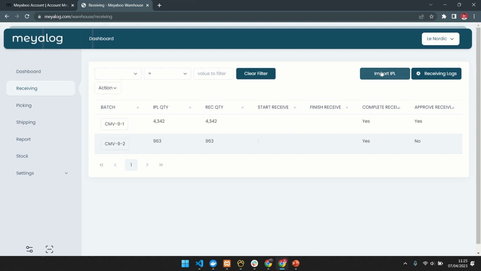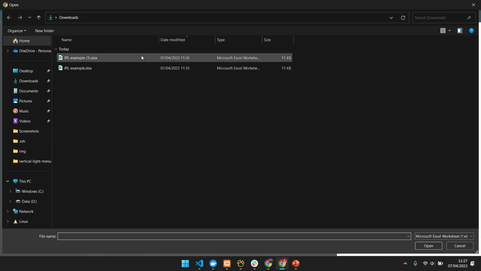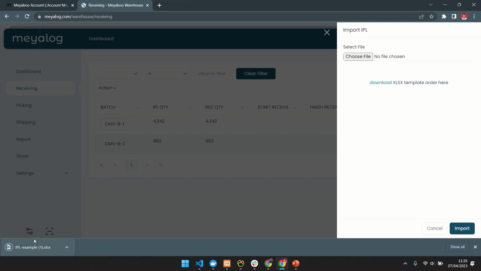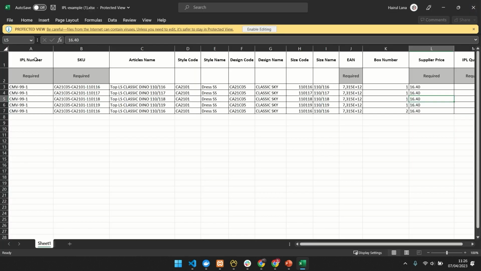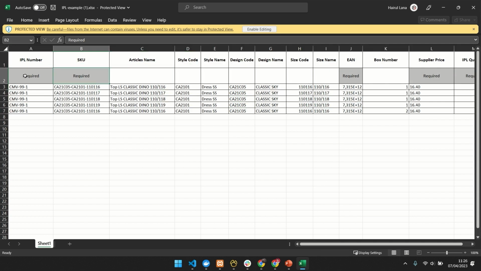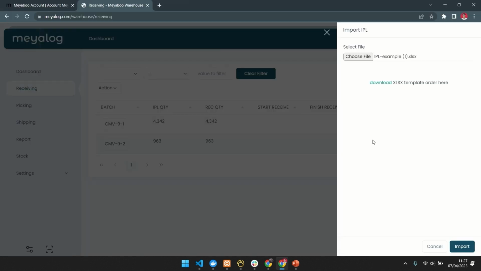This button is used to import or add your new inbound packing list. Here's how to import your IPL, or inbound packing list. Click on the Import IPL button. Click the Choose File button to pick the Excel IPL you'd like to import if you already have it. But if you have no file yet, you can just download the template and add your data to that template. Make sure to use the same format as the template to prevent any issue when importing the IPL Excel to the system. And the last thing to do is click on the Import button,